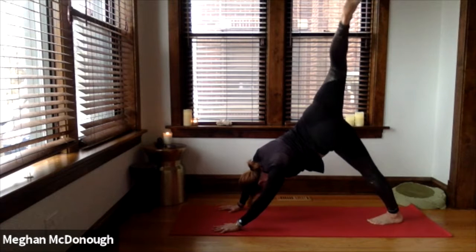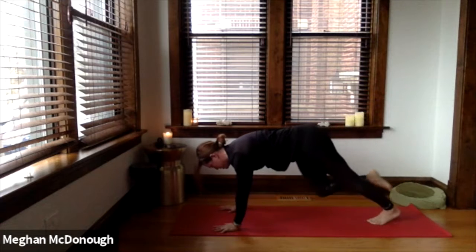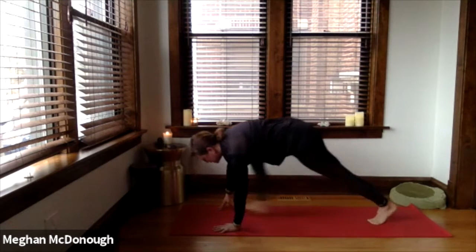Then take that leg, straighten it out, and draw your knee into your chest, into plank, and kick your butt 5 times with that right leg. 1, 2, 3, 4, 5. So little pulses up. Take that right leg forward,